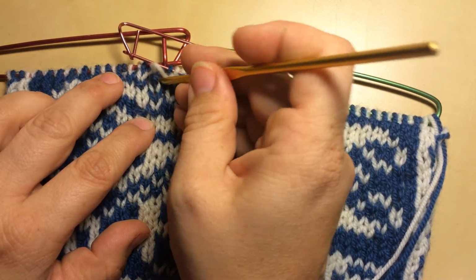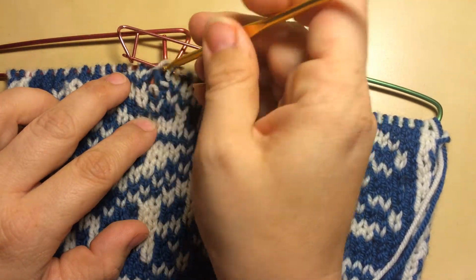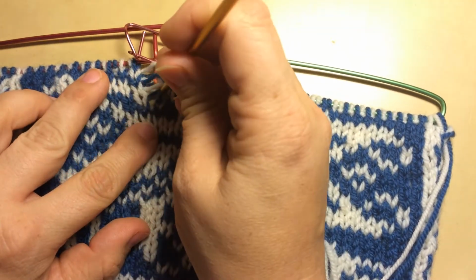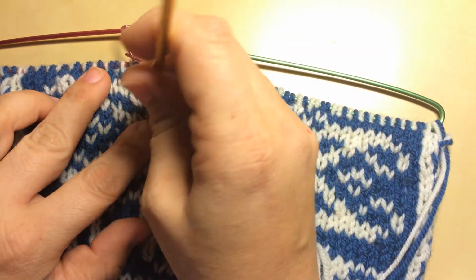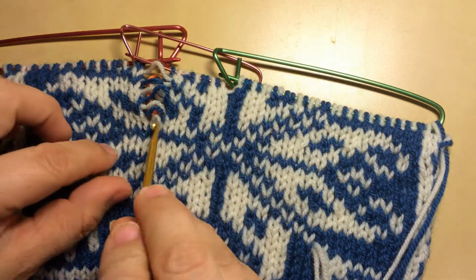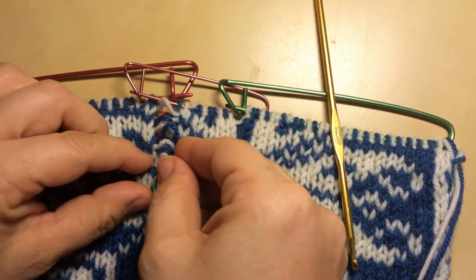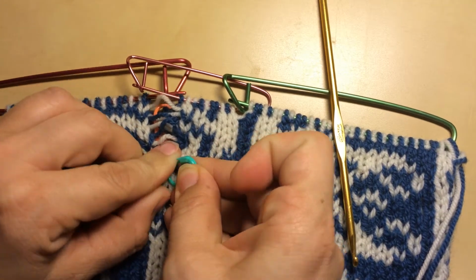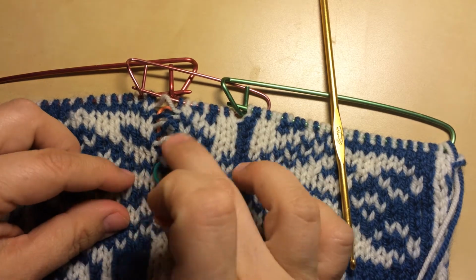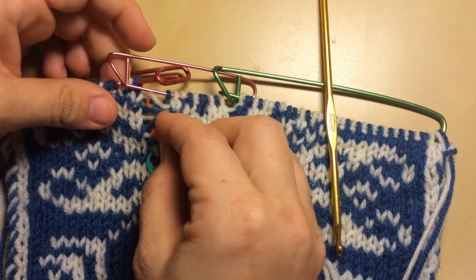So just take out the stitches, just wrap them, like that. Okay, so we have an active white stitch right here. And now you can eliminate this as you get better, but I'm going to make it ultra clear so we don't want to lose that white stitch. And then we want this next stitch to be white, but we have a blue strip right there. So we're going to ignore that,